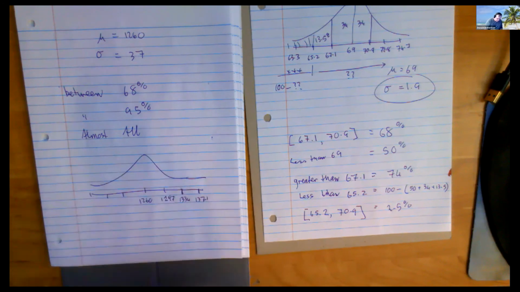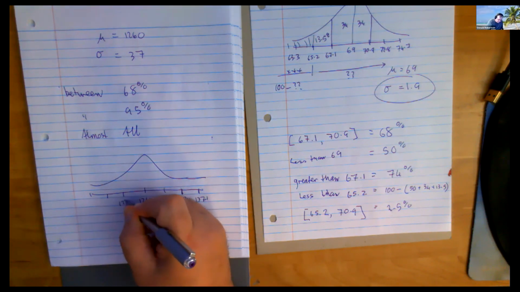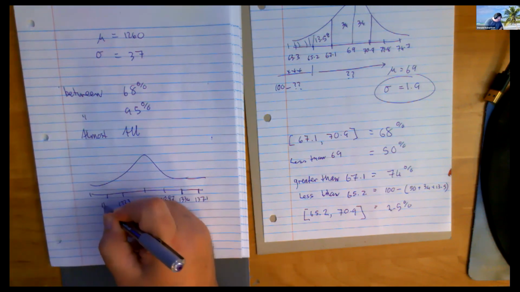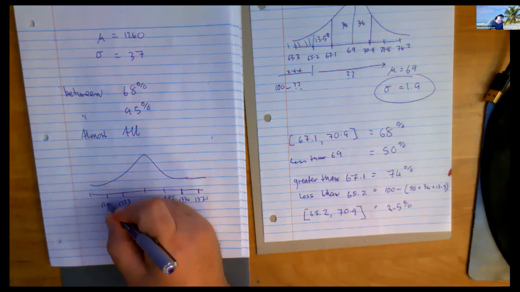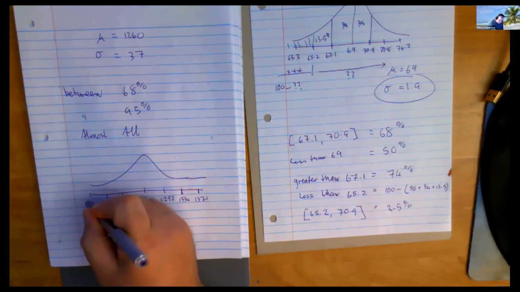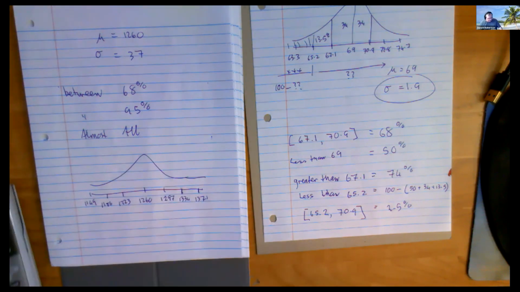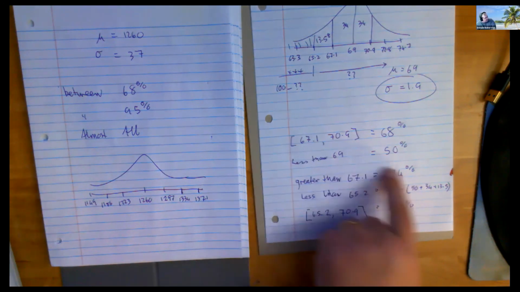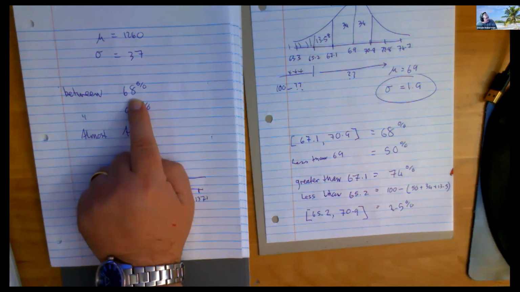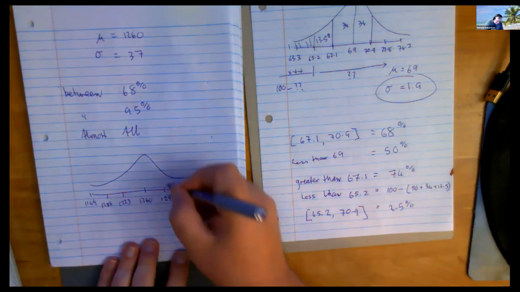And then subtracting a standard deviation. So 1260, take away a 37. Gets me to here. Take away another 37. Gets me to here. And then taking away one more 37 gets me to here. Now, normally you would create this picture unless the book was nice enough to give it to you, right? And then you would use it to find things like this, right? But not this time. Between what two numbers does 68% of the data lie? Well, in a way, that's a lot easier. Isn't it between there and there?